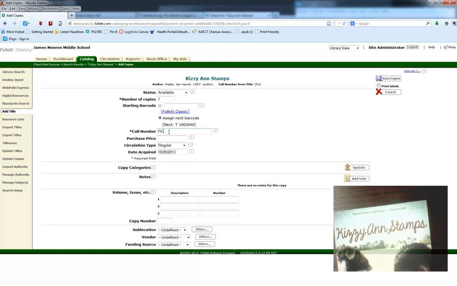All uppercase. Okay. Now, call number means the class, or our prefix here, which is fiction. Then it needs a Dewey Decimal number. However, since this is fiction, we're not going to use a Dewey Decimal number. Then it needs a Cutter number. Now remember, your Cutter number can be taken from the Cutter tables, or a lot of people use the first three letters of the author's last name. So some people just might have